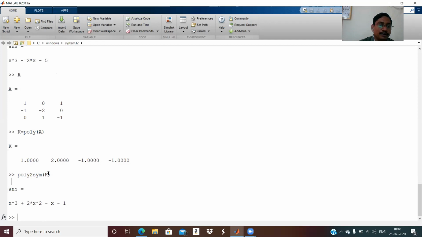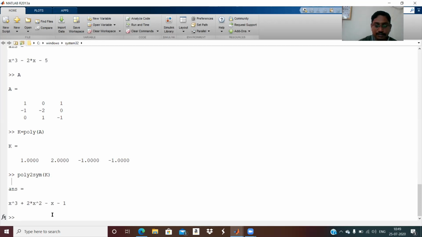We were writing poly2sym of A, and it will come with degree 8 because A has 9 coefficients. If you write poly2sym(A), it will generate a polynomial with 9 coefficients, a degree 8 polynomial. That's why degree 8 was coming. Once you find the characteristic polynomial coefficients, use those coefficients to generate your characteristic polynomial.